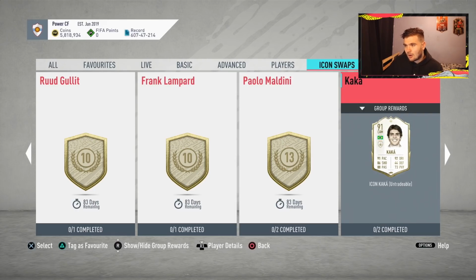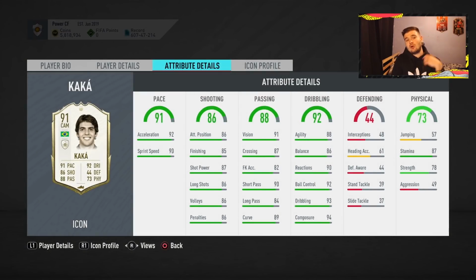So this Kaká on the market at the moment is 1.3 million coins. And to complete him, it is 15 tokens. So, of course, you could probably do this one and maybe one other. So let's just have an overall look at this card. Compared to other CAMs, for 1.3 million, if I was going to spend 1.3 million coins on a player who was going to play in his position,